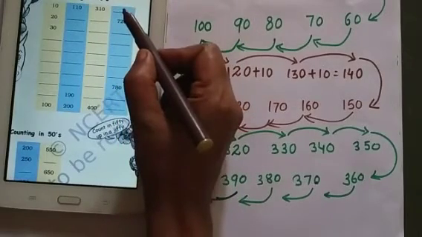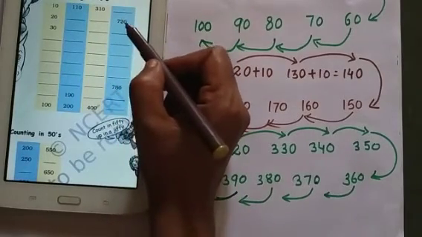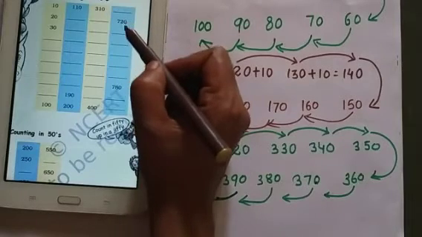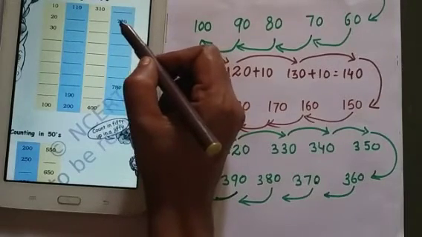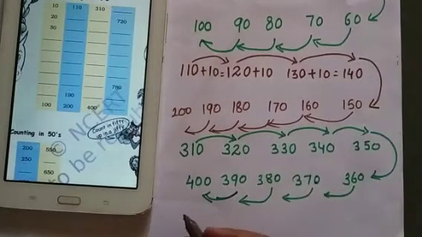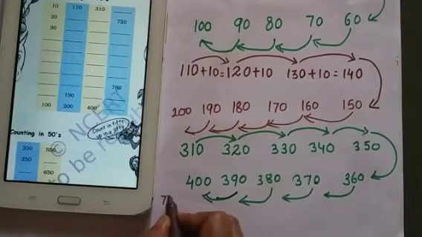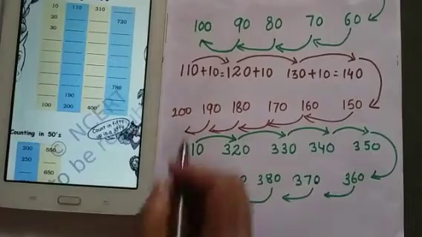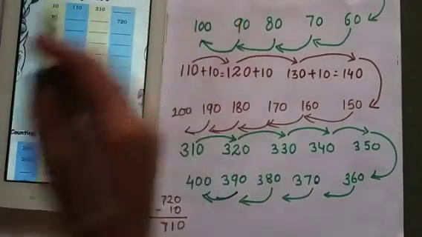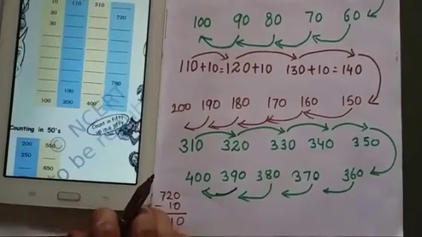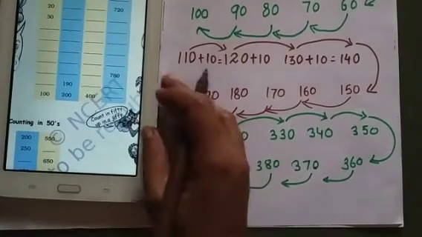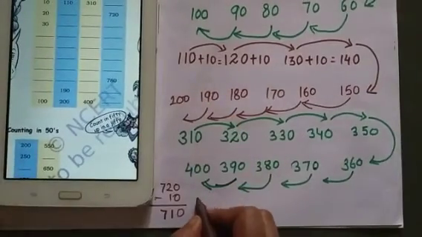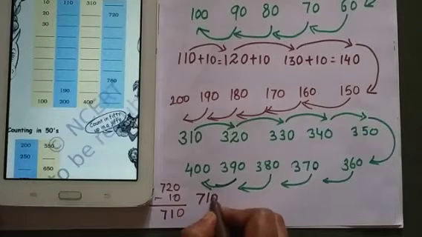Yes, dear students. Now we are seeing for this one 720. Which number is keeping here, children? Before 720, which number will come here? List 10 numbers from 720. 720 minus 10. You will get 0, 0, 0. 2 minus 1, 1 and 7. So this number is 710. So we are starting from 710. Okay. So first number is 710.